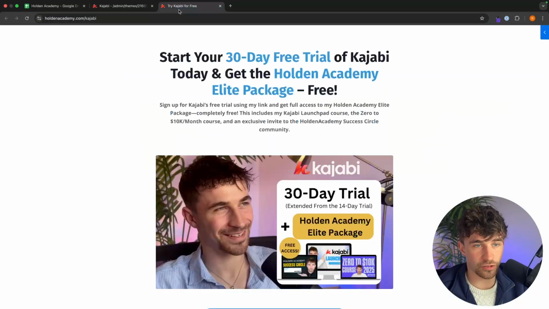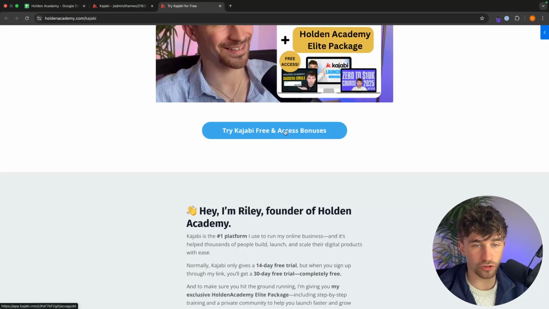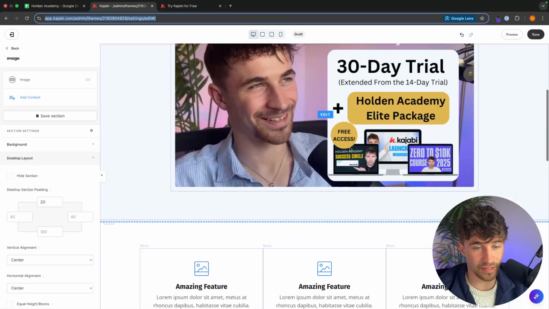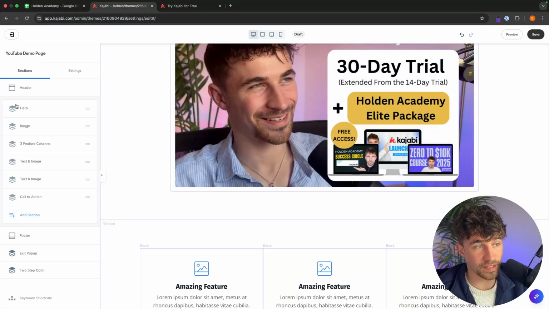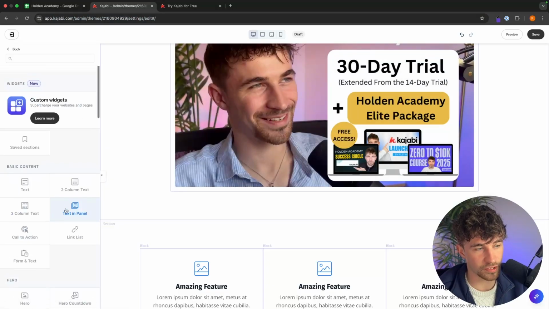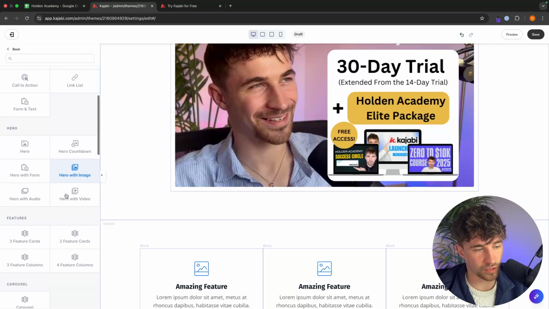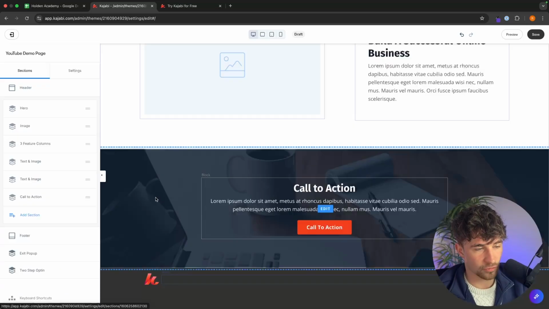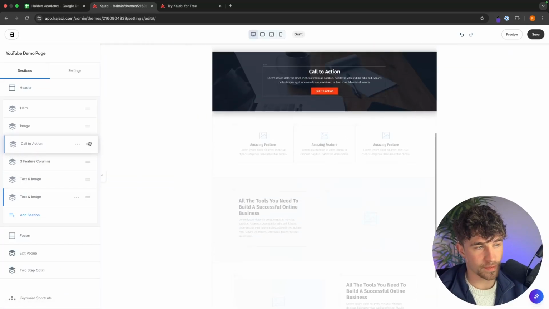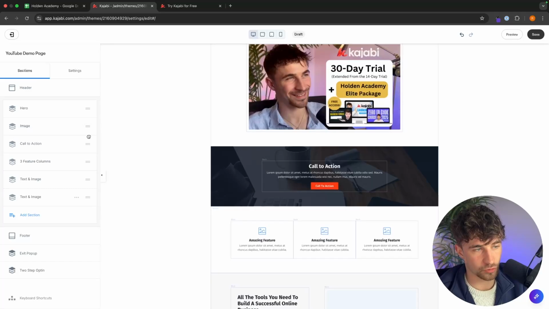Then down here, if we just take a look at the page, we have a button. So we might want to go ahead and add a button in just beneath this. So the way that we can do this is once again by going to this left-hand side, adding something in, and we are going to be adding in a call to action. So we can add in that call to action, and then once again, just drag this up toward the top